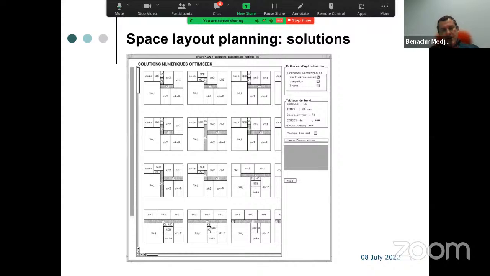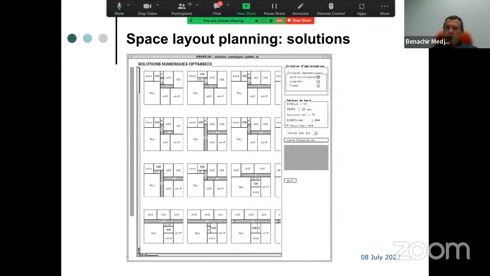Then this is an example I want to show you, which has a lot of limitations now. For space layout planning, we are limited by the geometry we can use. The least complex is to use a square and rectangle.